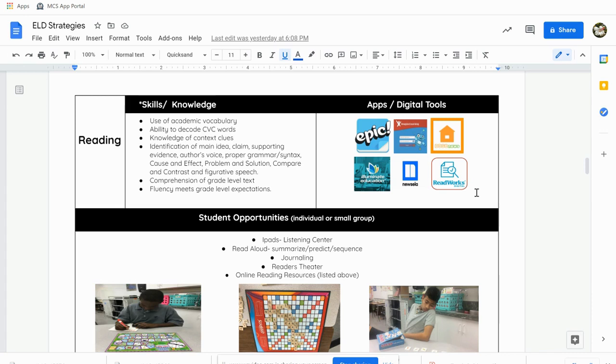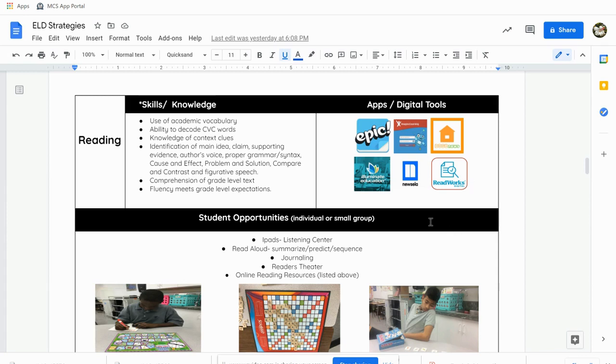Dogo News is an app that gives student-friendly news articles. So you're giving a sixth grader, you're going into CNN and finding an article about the newest election. It's a little too advanced for them. Dogo News, you can go into there, find the exact same article, but it is kid friendly, right? And you can get the same bang for your buck with what is provided in this particular portal.